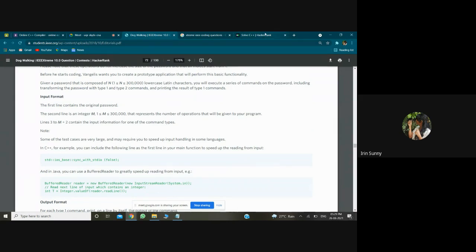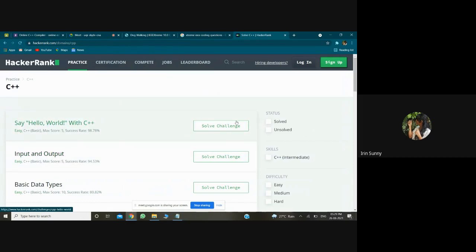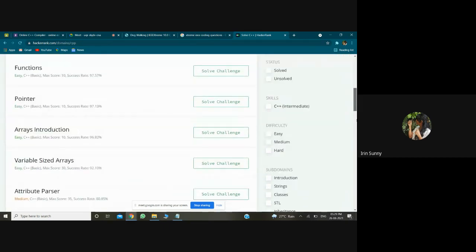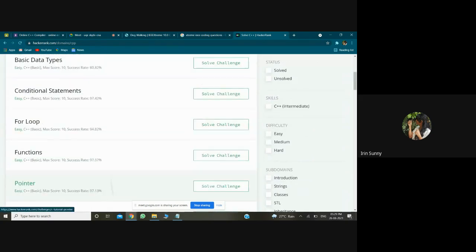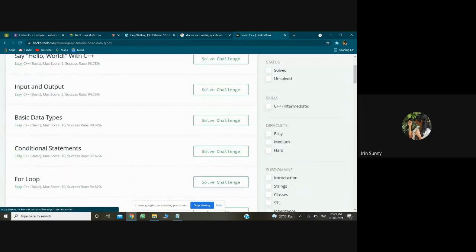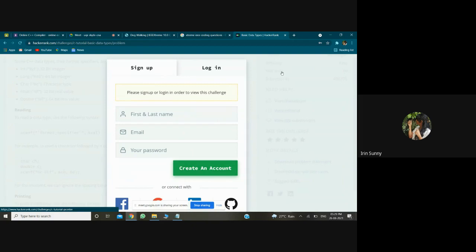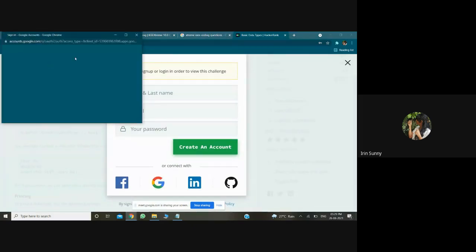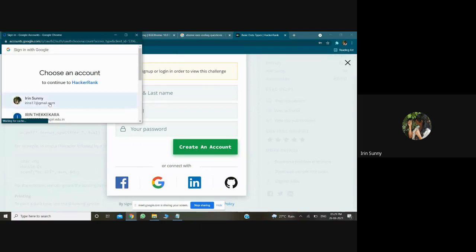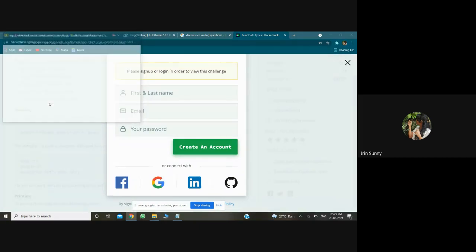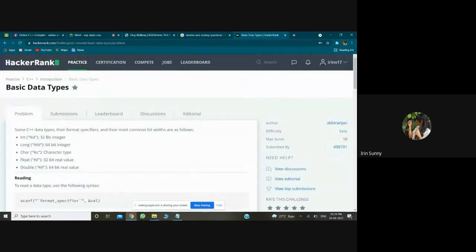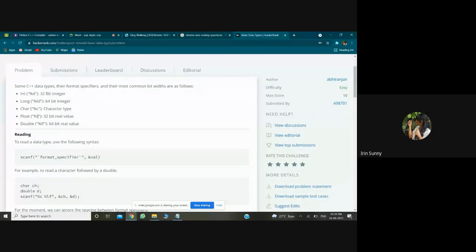Now the HackerRank platform. This is a very easy question. The question here is very simple.